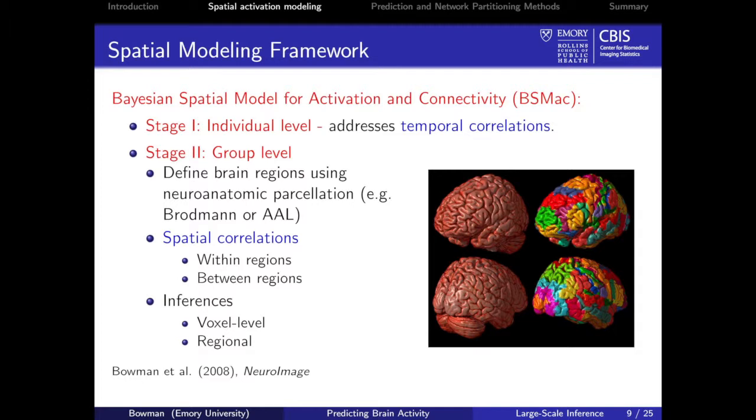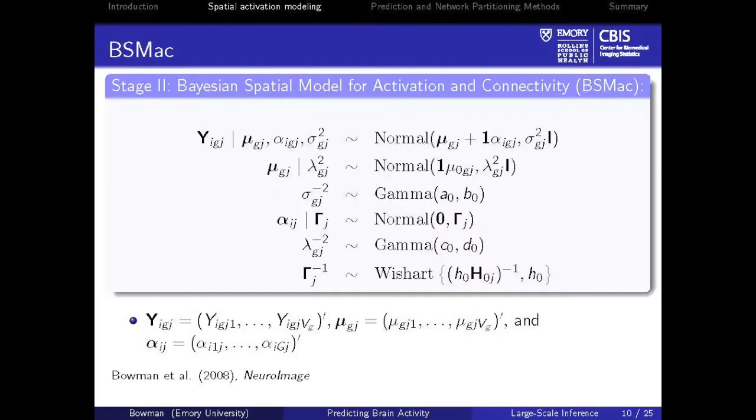There are several choices for templates that you can use. We use things that are standard in the fMRI literature, like Brodmann areas or AAL. Arguably, these are too large, so some subdivision of these may be important. And again, we're going to get spatial correlations within and between. We don't remove the voxel level analysis, so that's still there. The boundaries brought about by the regions essentially allow us to capture spatial correlations, but then also, if we want to look at regional level effects, we have a natural way to do it, and we've incorporated some of the spatial correlation that's important for addressing those.